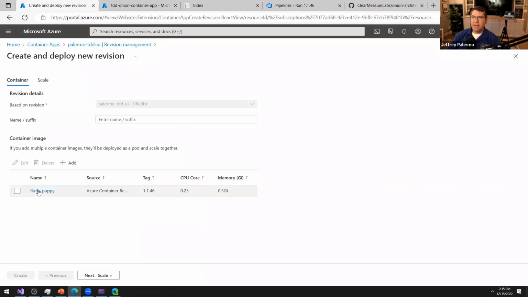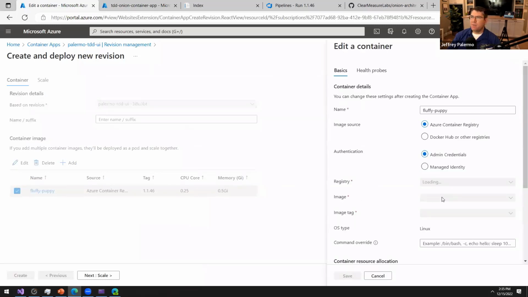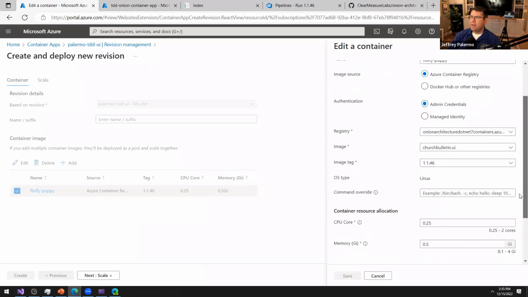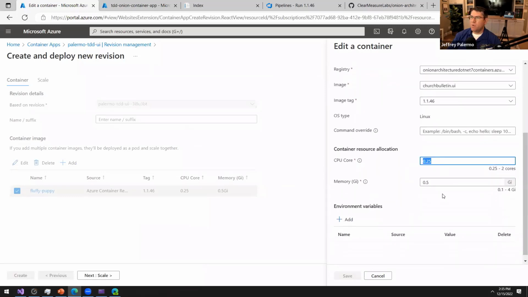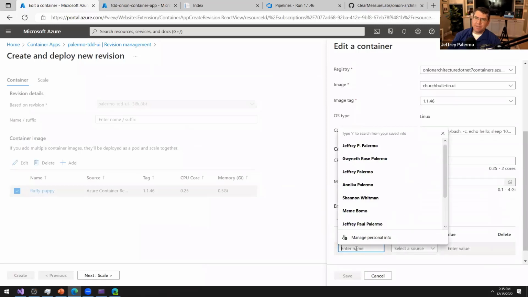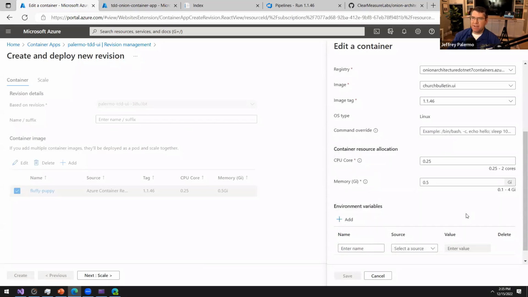If all you want to do, and I'm doing it with the mouse, but of course AZ command lines do everything here. You go into one of them, and we can go down and we can give it more horsepower right there. Or we can add an environment variable. You do this command line, whatnot, and your application just reads environment variables as its configuration with the .NET middleware. And when you create a new revision of this, it's going to do its